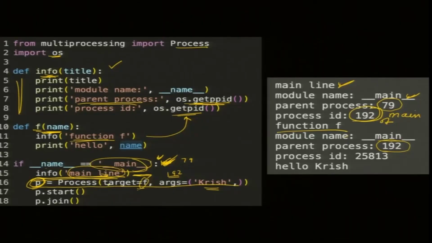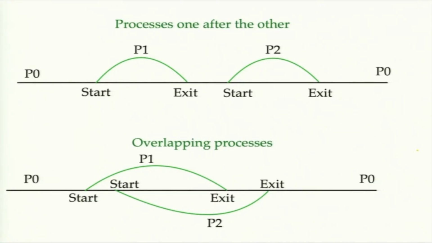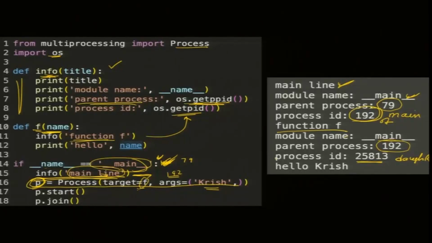Who created process P? 192 created process P. But what is the ID of P? Its own ID. The process ID for P is 25813. This is a daughter process, and this is the main process. Is that clear? So, we had the main process which is 192 and here we created 25813. I am sorry,